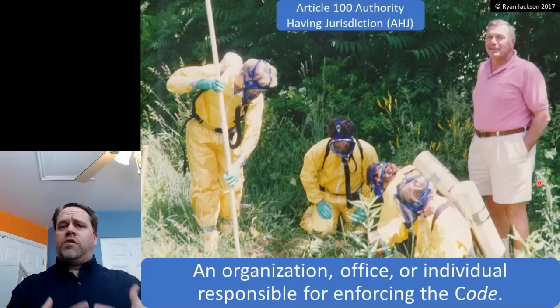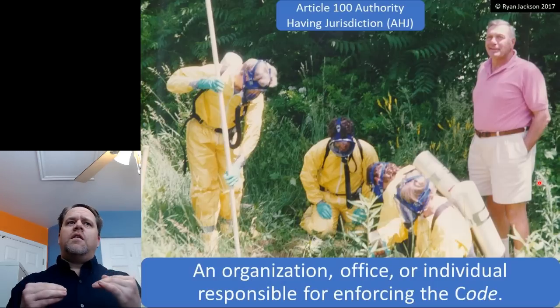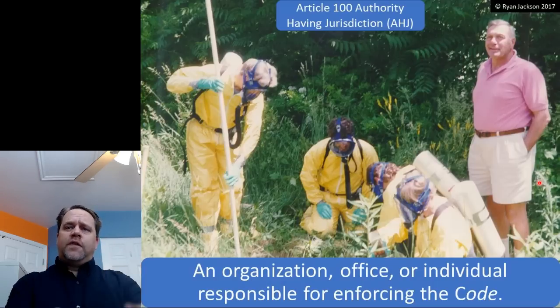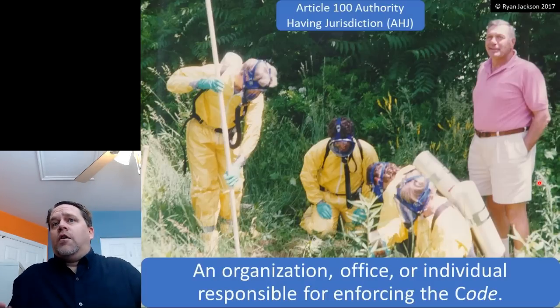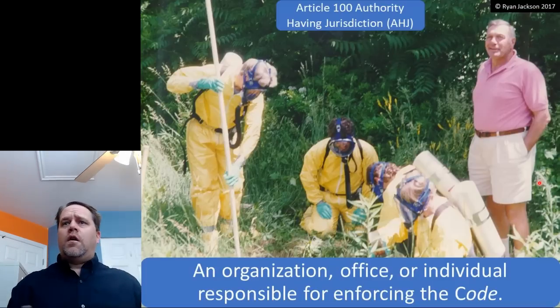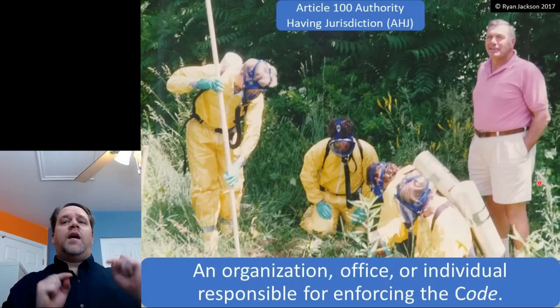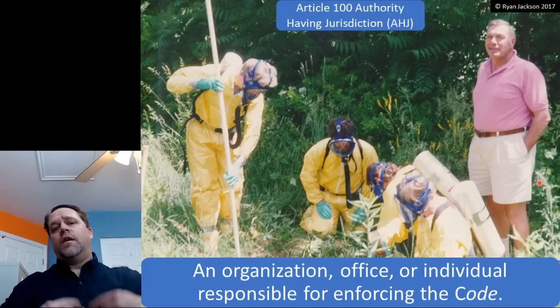So in Utah, we adopt the code, and we also have a state law that says every city or every county either must have a building department or contract the services of a building department. So the state really transfers the requirement of enforcement down to the city or county. And then the city or county, of course, the mayor is not going to be performing electrical installations. So the mayor is going to hire a building official. And the building official then becomes the authority having jurisdiction because they have the legal responsibility and the legal authority